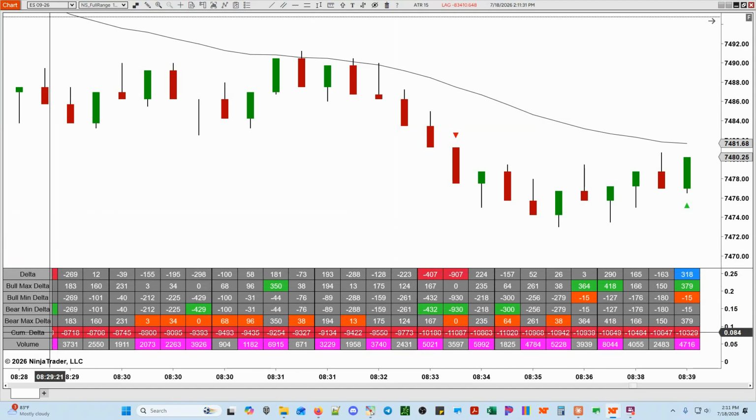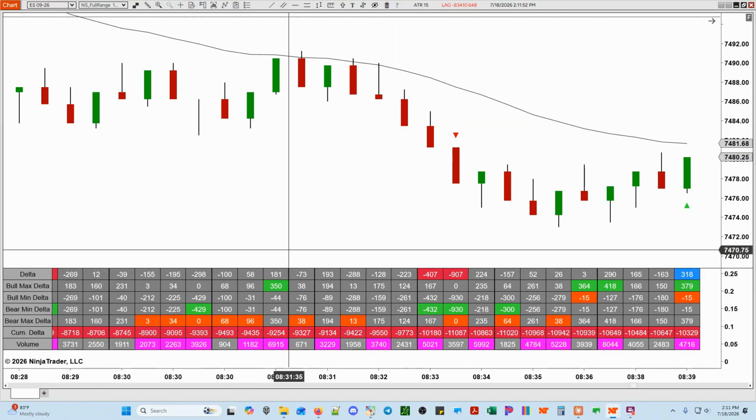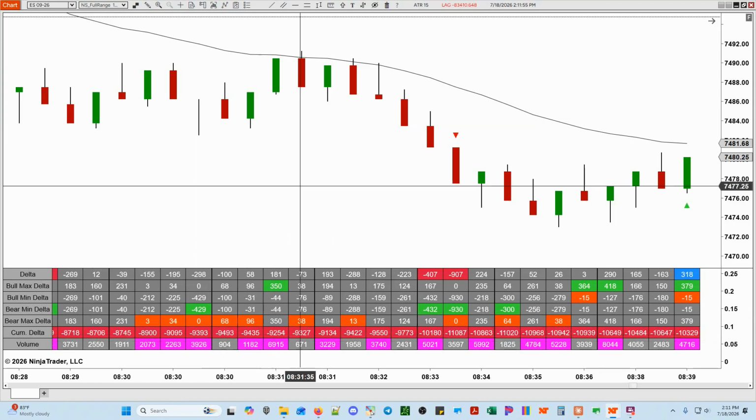I love looking at the cum delta because that basically tells me if my bias is going to be up or down for the day, along with some other things that I look at. I'm going to put that into Claude today, but not on film, because I know certain things I'm looking for. I look at volume. So anytime something hits a threshold that I set, let's go into the indicator